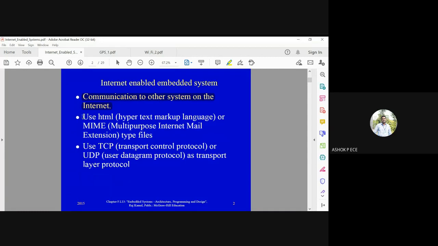So either you can use HTML or MIME extension files for your protocol. And conventionally, all our systems use TCP or UDP. TCP is Transport Control Protocol, and UDP is User Datagram Protocol. So these two protocols are used in 99% of all communication.